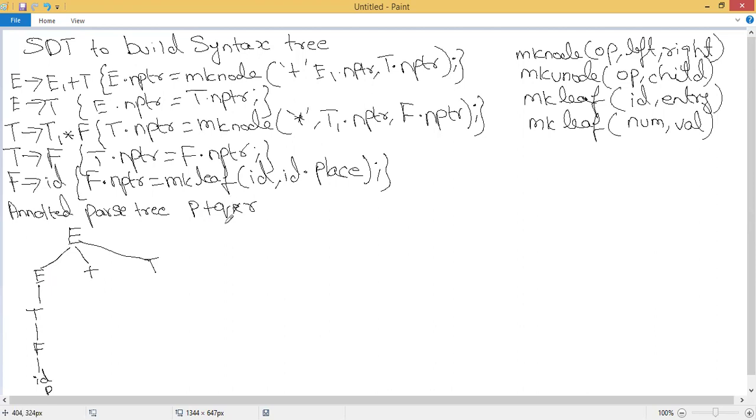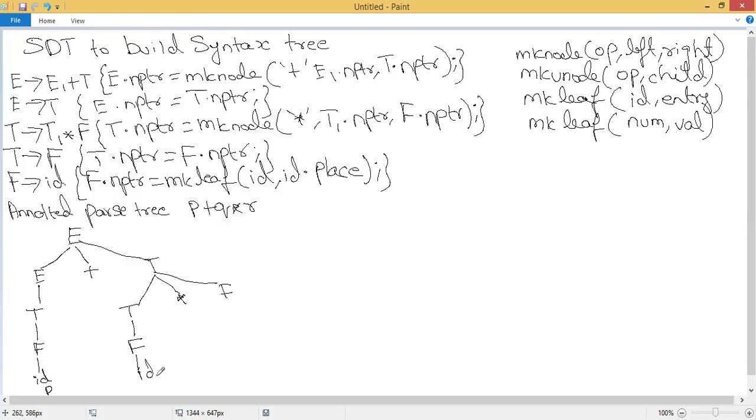So we have the arithmetic operation P plus Q here for this production rule, and we have to evaluate Q star R for that. So this right child has to be expanded further. We will take this particular production rule, T tends to T1 star F. Now, in order to mention the ID, T can be further expanded as F and